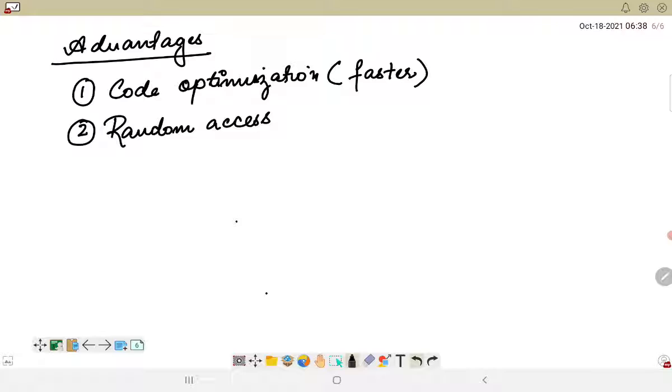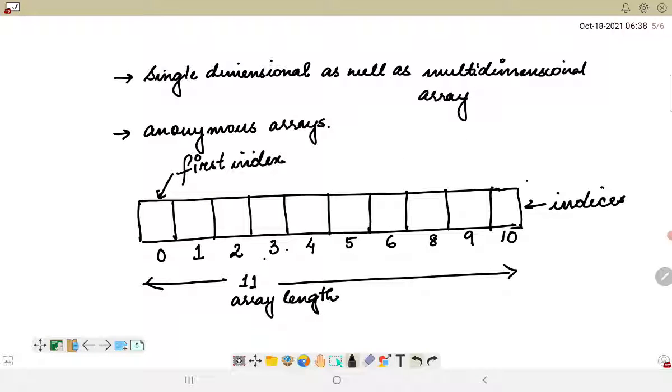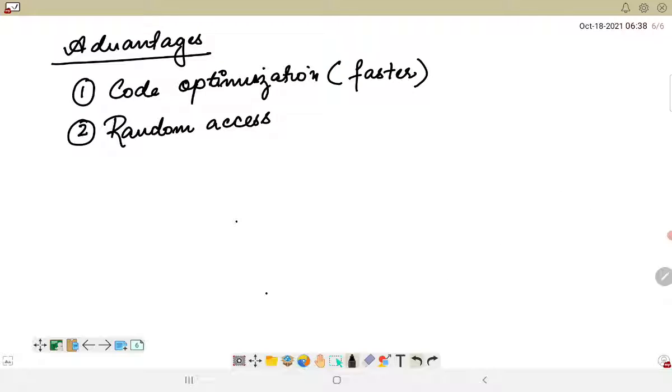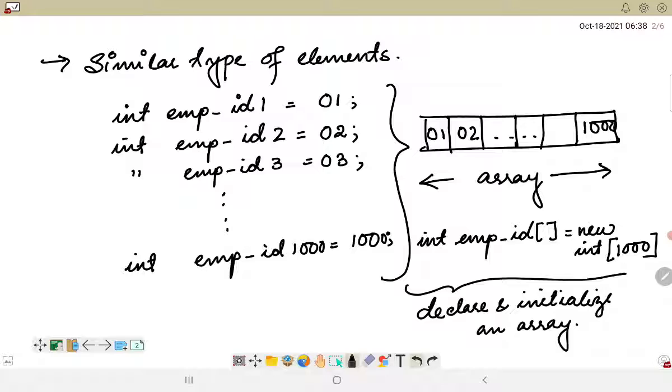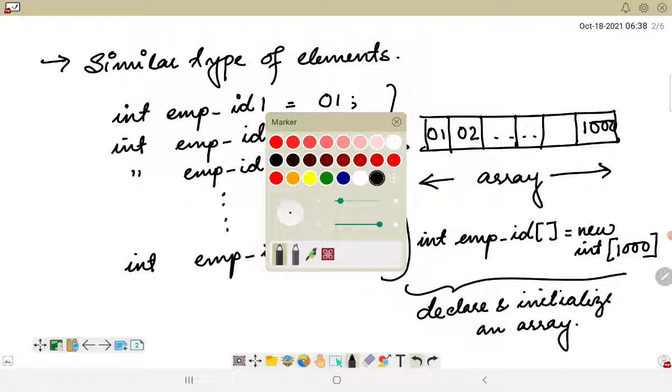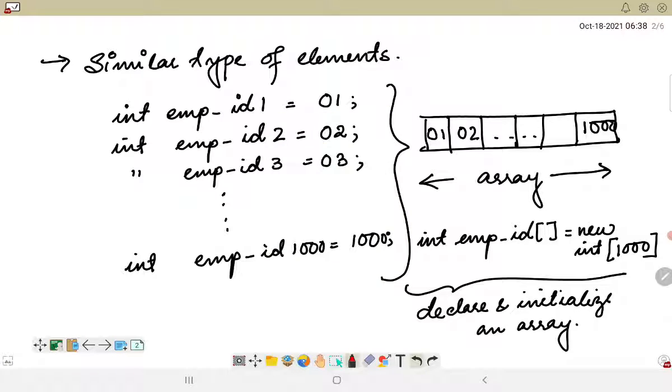If we are considering the previous example that we have already discussed, whenever I am creating an object, or whenever I am creating a variable, an individual memory is created.